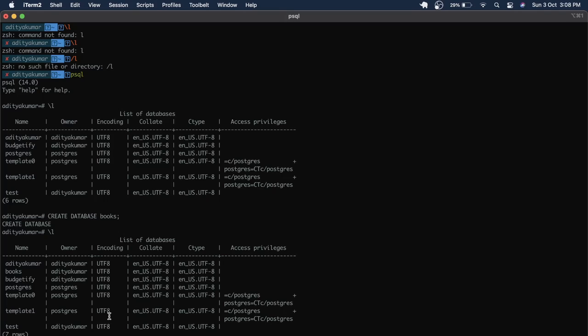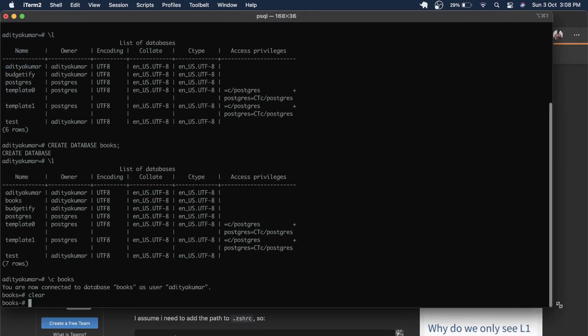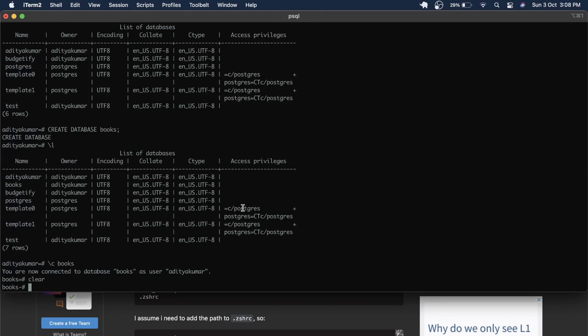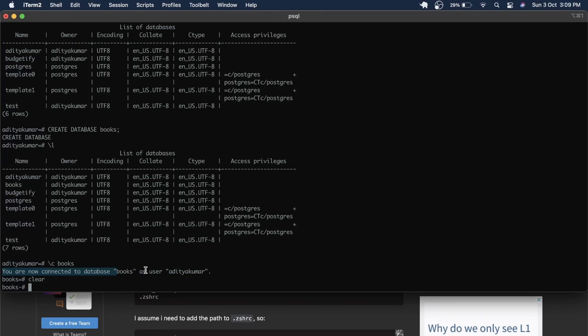So now let me clear this out first. I think I need to reduce the size of the terminal. Now it is showing that you are now connected to the database books as user Aditya Kumar. Inside the database, we can create a table as well. To create a table, what we're going to do is